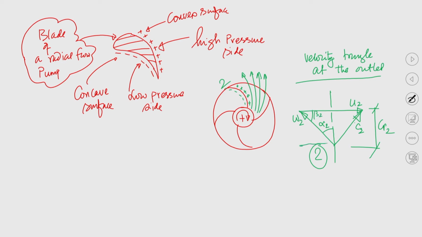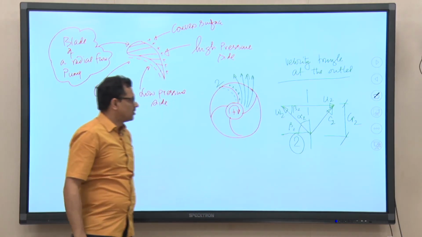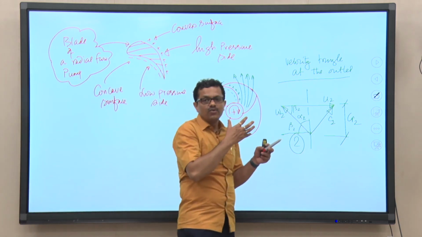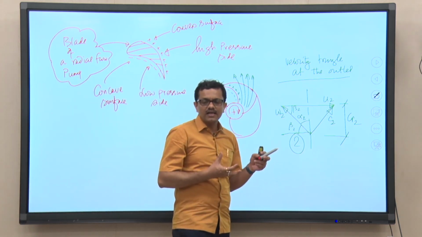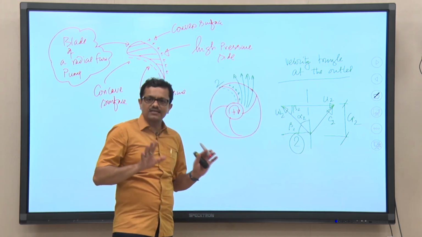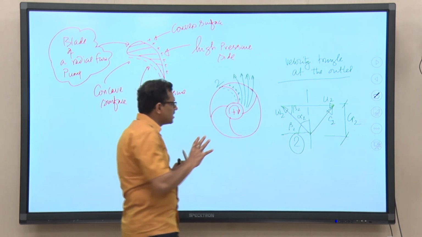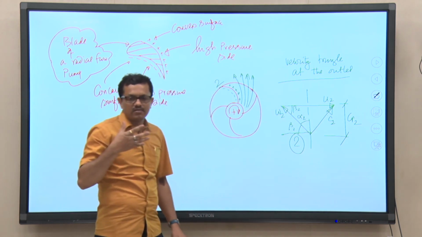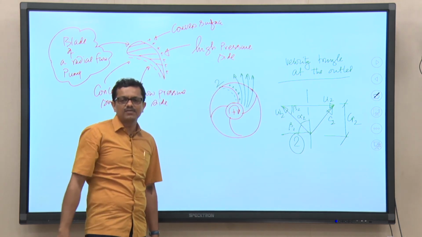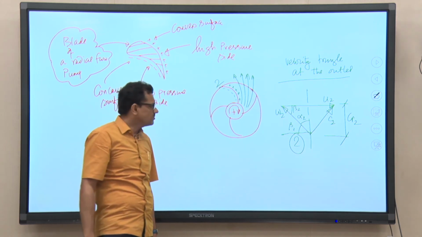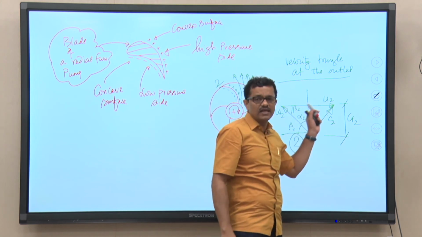So, basically this angle is also beta 2. So, this is 90 minus beta 2. Okay. This is what we can expect the velocity triangle at the pump outlet. The pump designer has designed the pump considering the geometry of the pump, that is the design parameters of the blades, like the inlet velocity, inlet blade angle, outlet blade angle. We are supposed to get the velocity triangle like this.